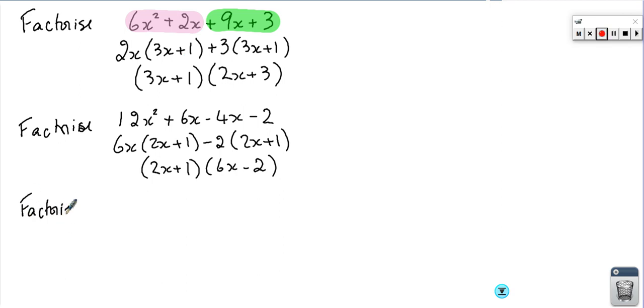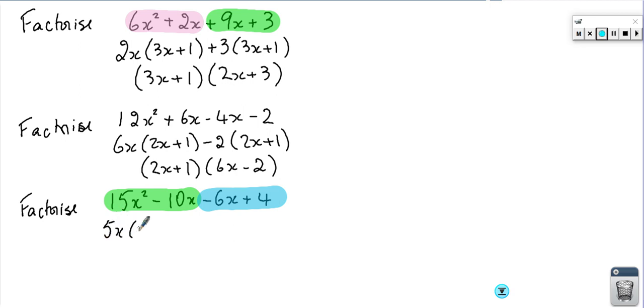Let's work another one, factorize. Last one, 15x squared minus 10x minus 6x plus 4. Again, I'm going to group the first two and the last two. Factorizing the first two, I get 5x into 3x minus 2. I'm going to take out minus 2